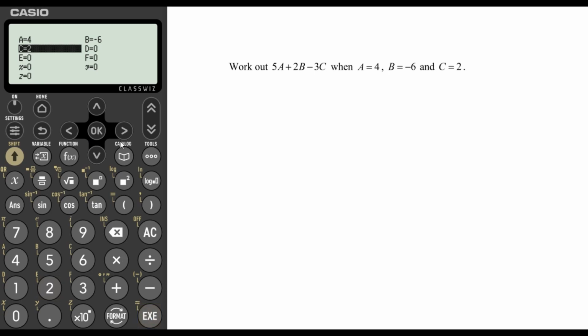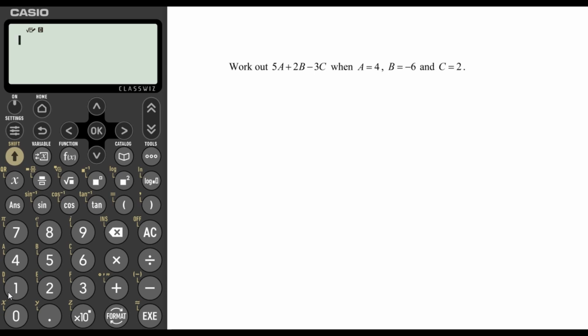Let's press AC to return to the calculation screen. Now if I press variable, you can indeed see A is 4, B is -6, and C is 2. Now we want to work out 5A plus 2B subtract 3C. So, if we wish to recall the variables,